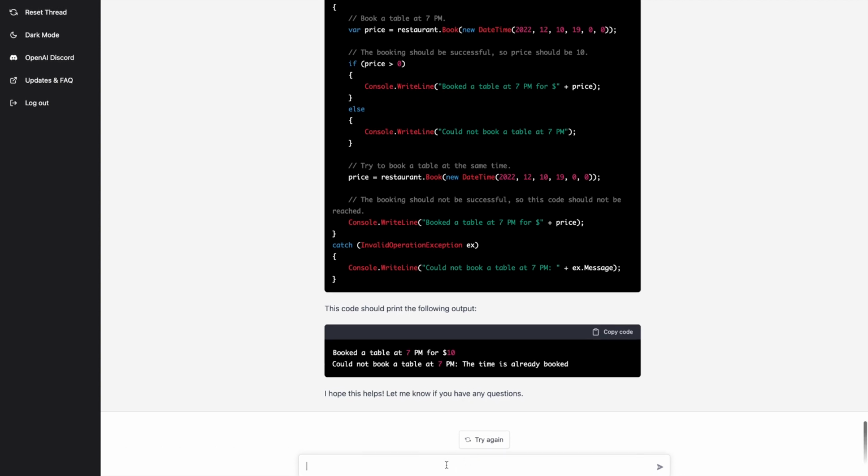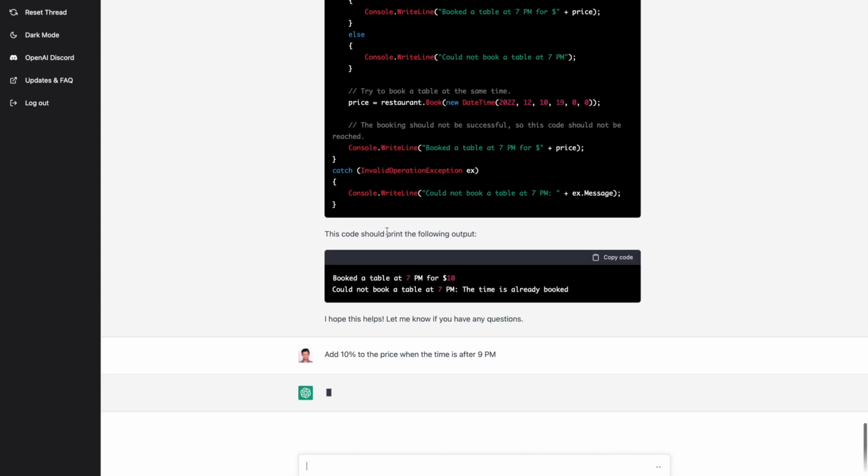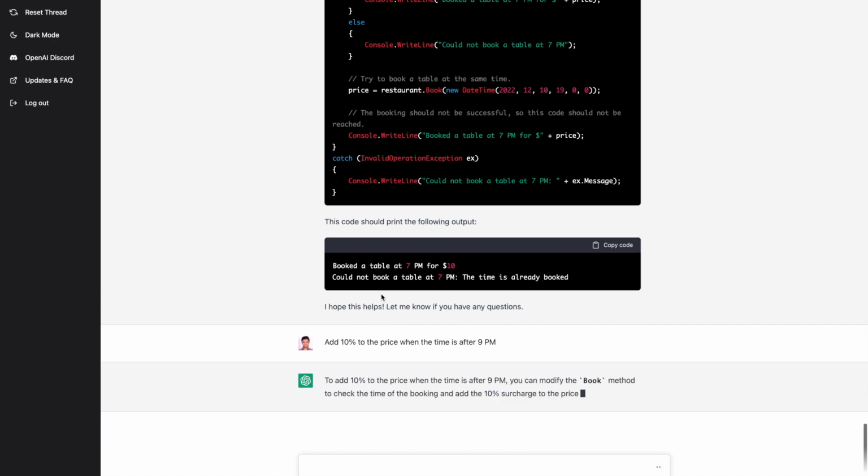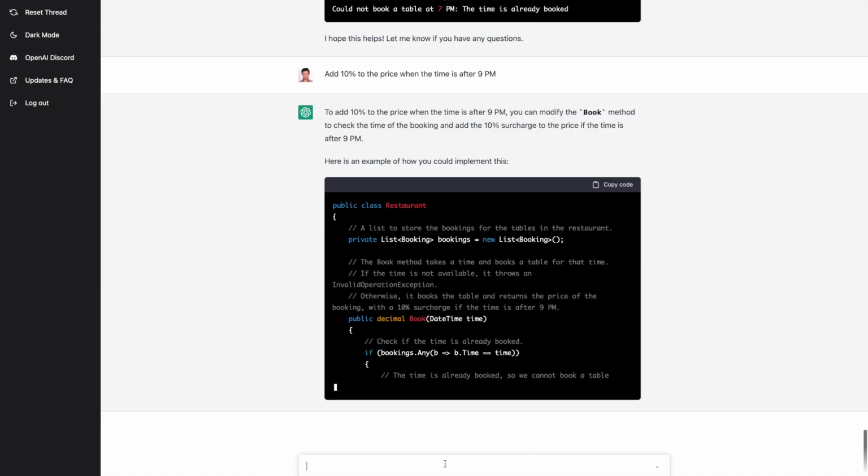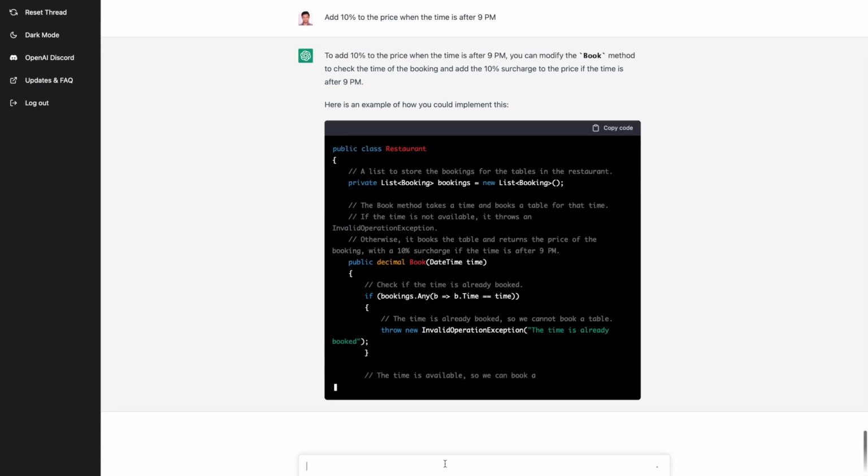Now I think I can ask it to calculate the price based on time. So let's try that. One thing I just noticed is that it is showing the dollar, so by default it considered dollar as the price. It's adding so much better comments than I would ever have.